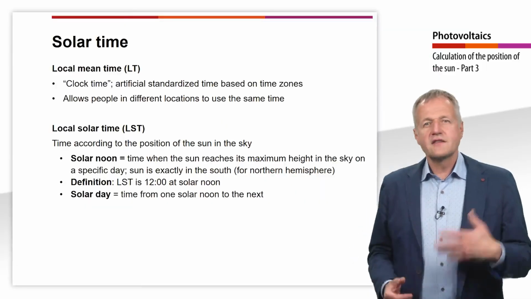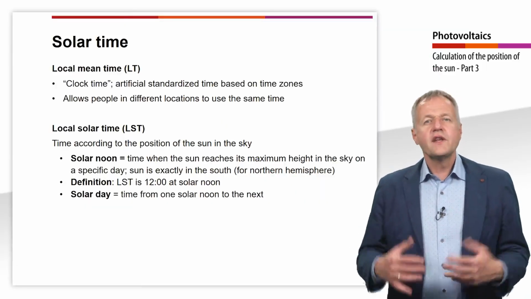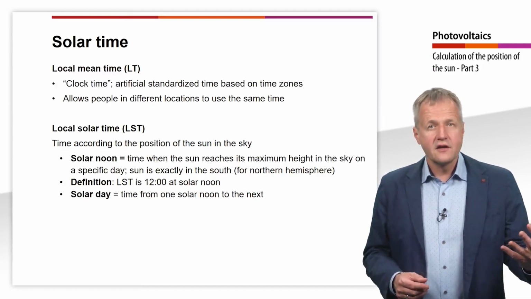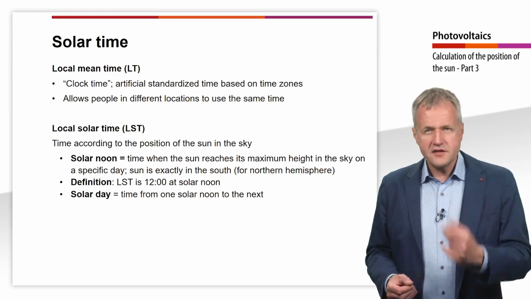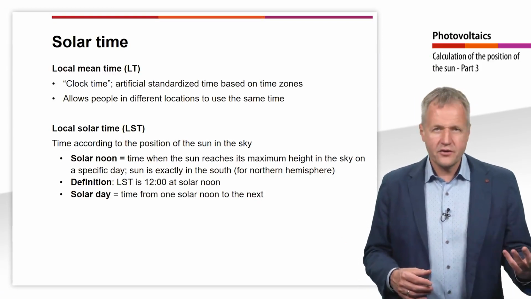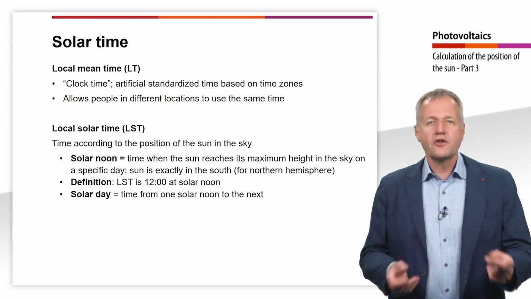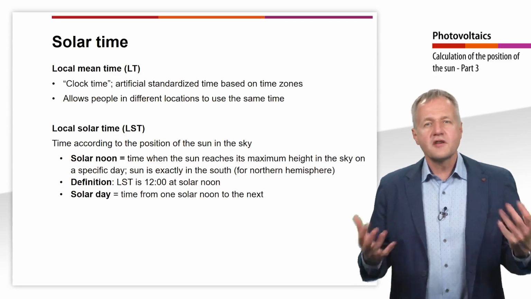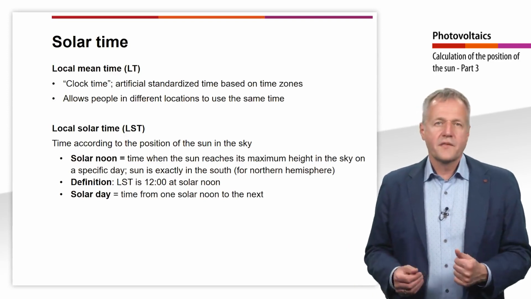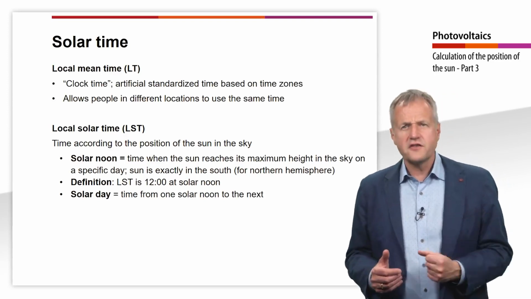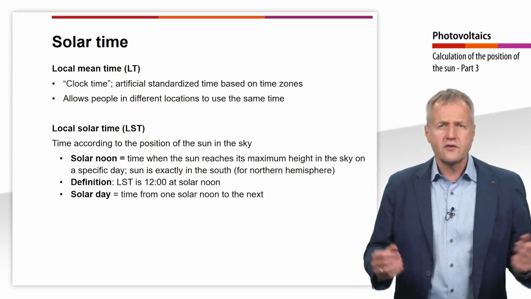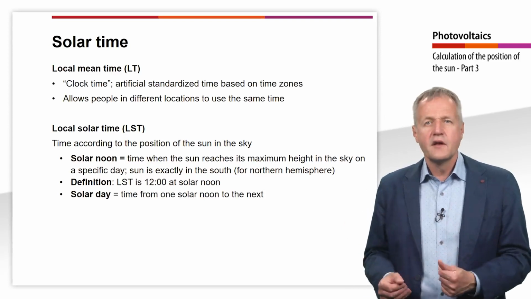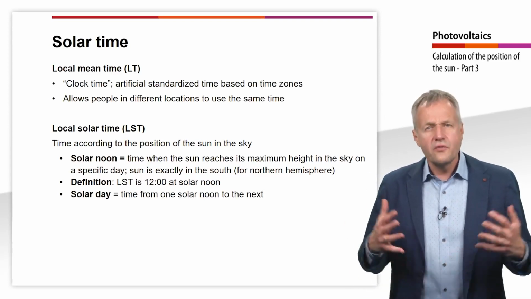In order to calculate the sun position accurately, we need to understand the concept of solar time. Firstly, the local mean time, LT, is the time everybody knows. It is the time you can read on your clock or watch on your smartphone. Hence, the local time is the clock time. However, it is an artificial standardized time based on time zones. It allows people in different locations to use the same time, but it is not related to the real sun